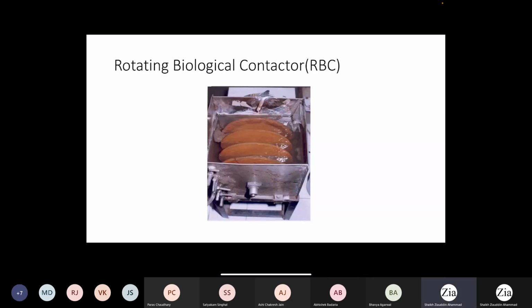Second option is the contact process, where you have, so this is an attached cell system or biofilm reactor where you have some disk, and this disk will be submerged in the liquid. So whenever it will rotate,